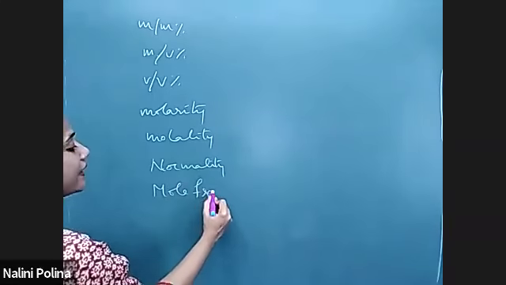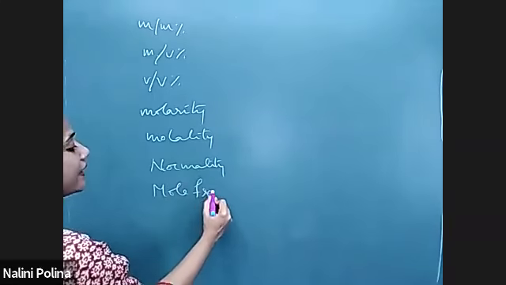Okay, so in which concentration terms is volume involved? Mass by volume, volume by volume. In molarity, volume is involved. Yes, molarity formula is what? Number of moles divided by volume of solution. So molarity is also temperature dependent. And how about molality? Molality formula, you know, number of moles in mass of solvent. Molality has no volume term. Normality, volume is involved. Mole fraction, it's all about moles, that is mass by molar mass. No volume term is involved, right?